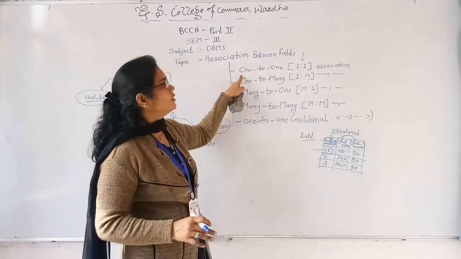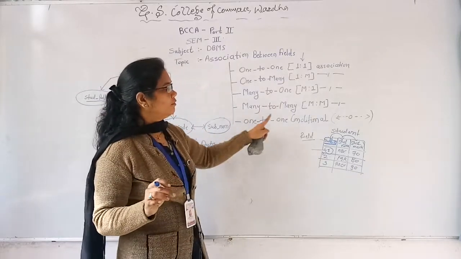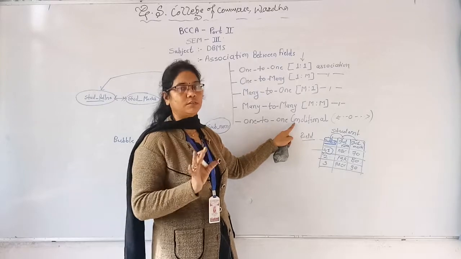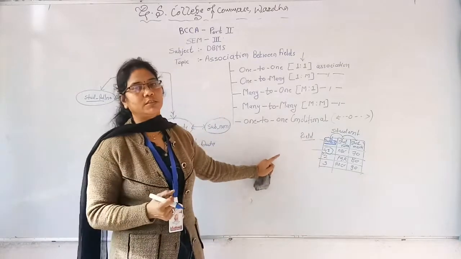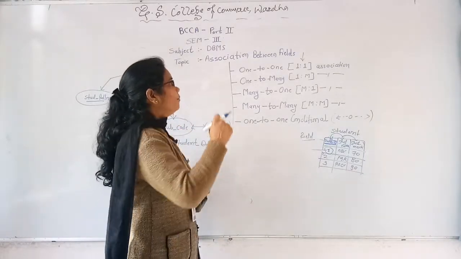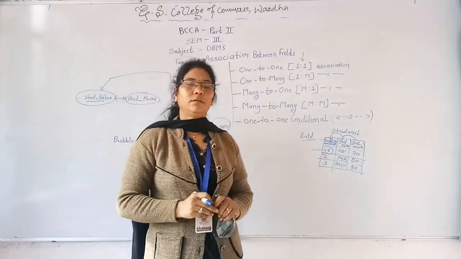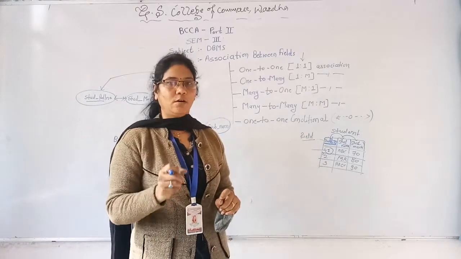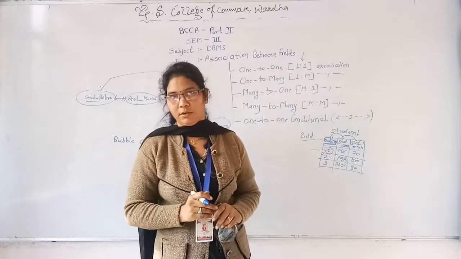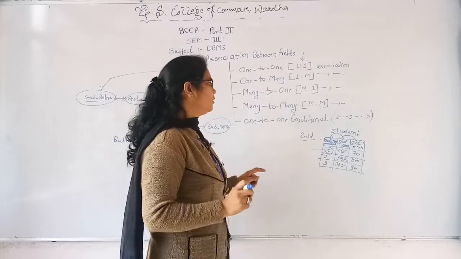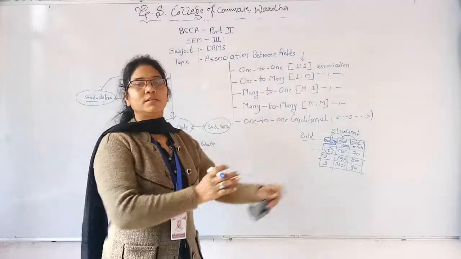It is similar to 1 to 1, but when we use that association, it has to satisfy a condition, which is given by the user while fetching the data. Basically, why do we use that association? We use it for rectifying the data or for fetching the data from one file which is related with another field. It is nothing but the linkage of that field with a field in the same file.